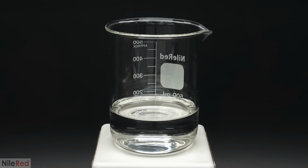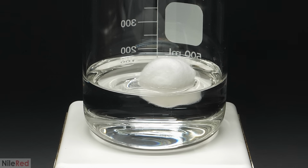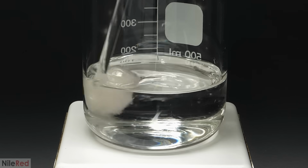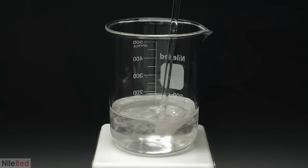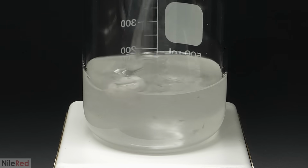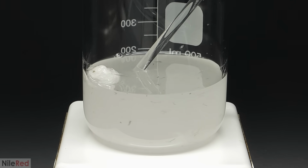It was now time to add the cotton, and I started with just one ball. I then poked it around a bit, and it almost immediately started falling apart. In general, cotton's usually pretty tough, and I thought it was interesting to see it just disintegrate. It only took a minute for it to become a little gooey blob, and I felt that I was ready